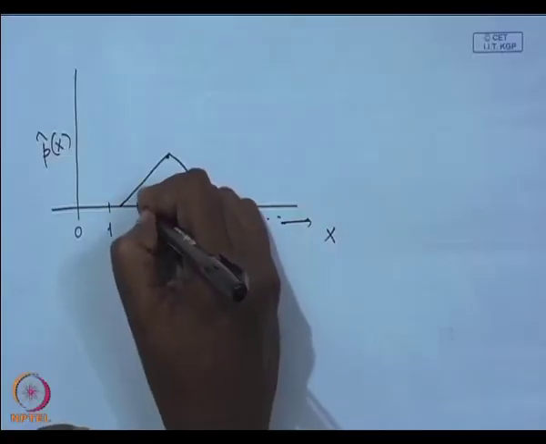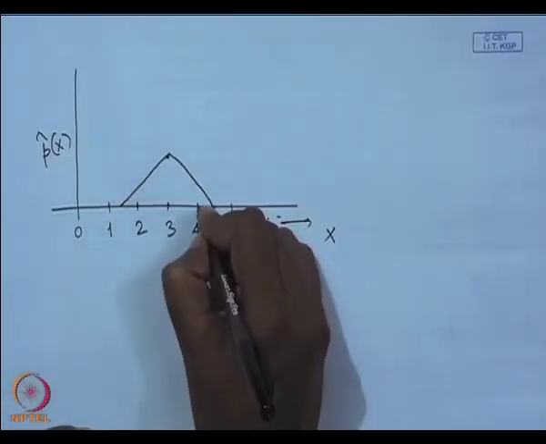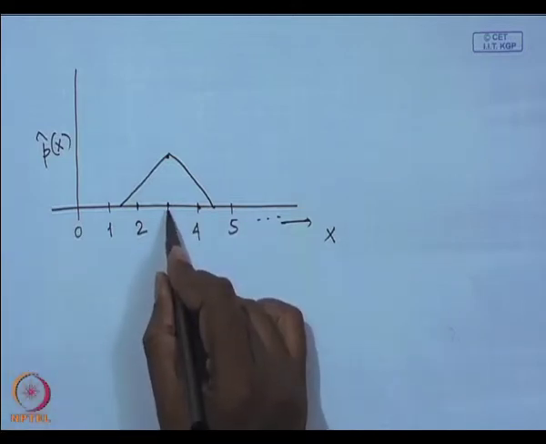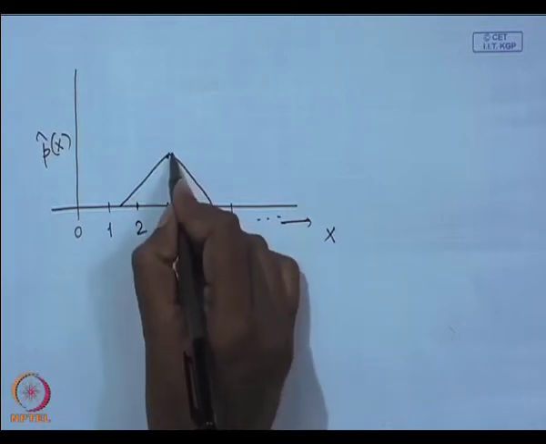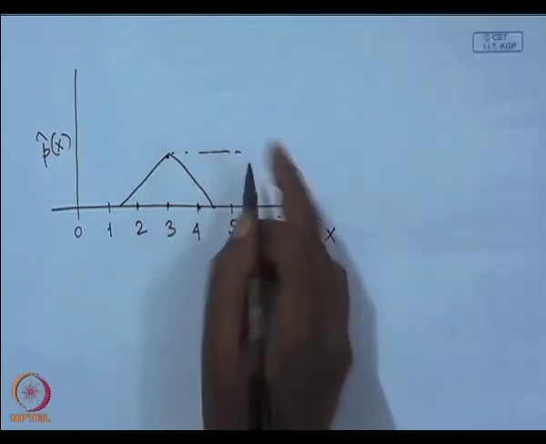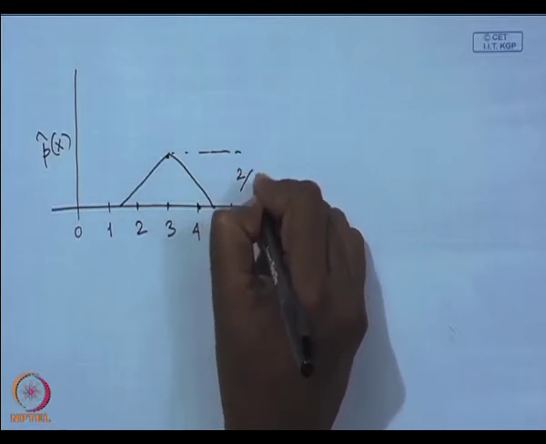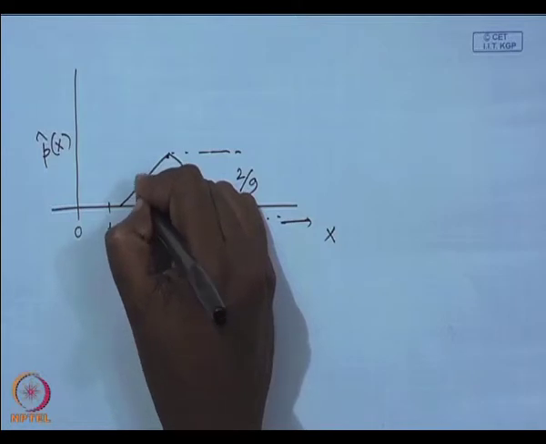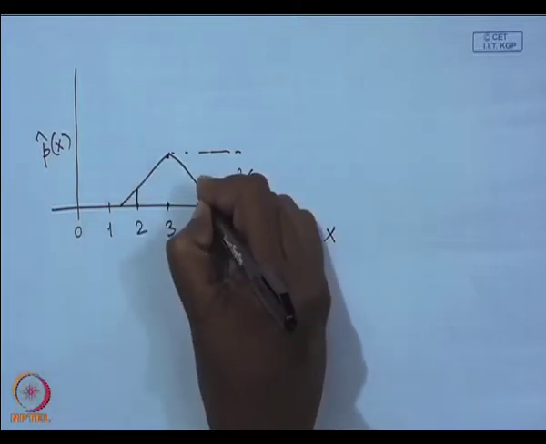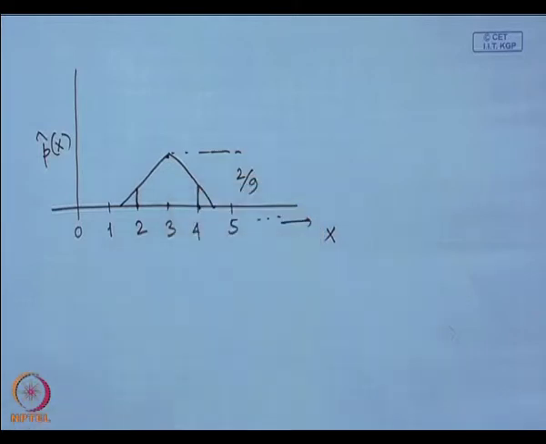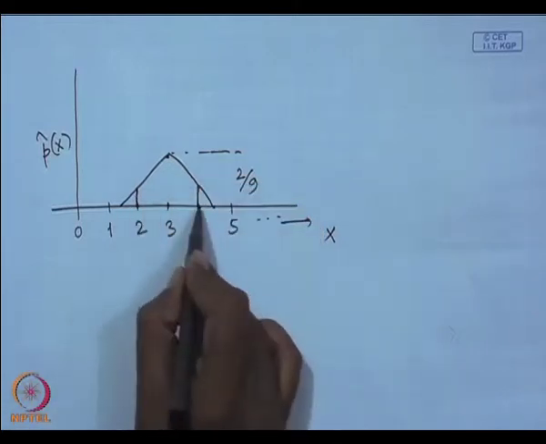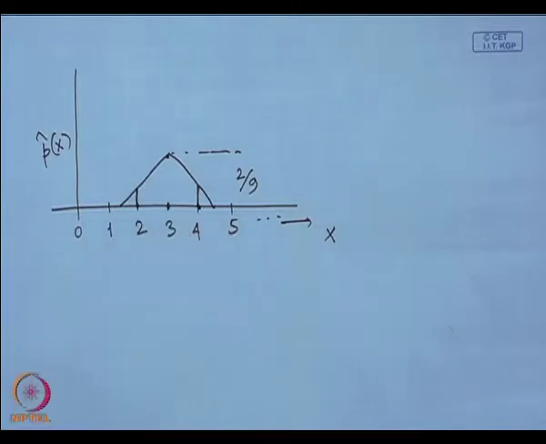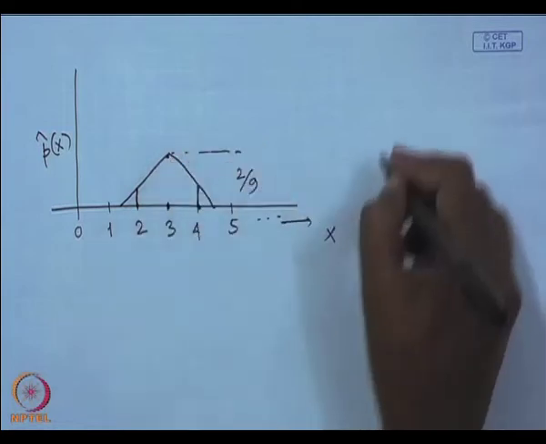Here at location 2 I had one sample, at location 4 I also had one sample, but I did not have any sample at location 3. The height of this window, as we computed, was 2 by 9. I have one sample over here, so I have to compute what this height is. I had one sample over here, I have to compute what this height is. And the sum of these two heights is the estimated probability at location x equal to 3. So, I can easily compute that following